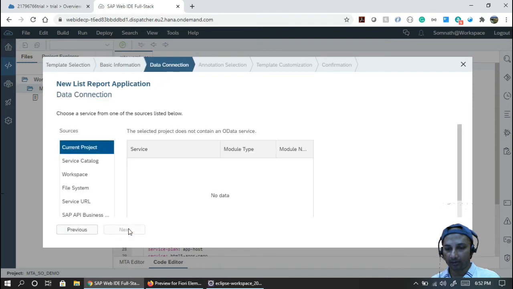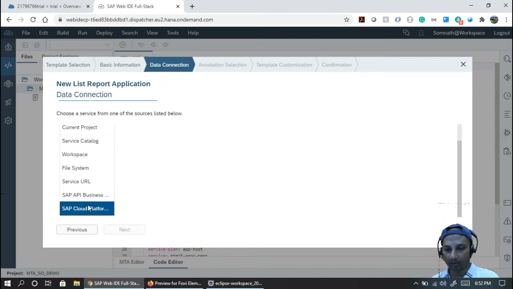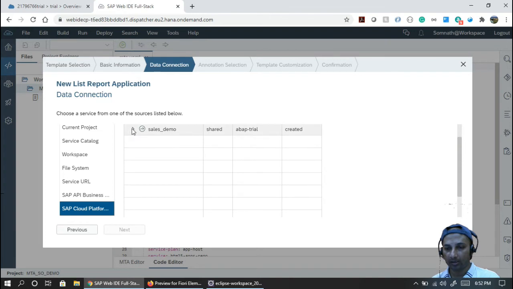Okay, so what I'm expecting now, go to this cloud platform. Now this sales demo is available because this is an instance where all the services are currently connected. This is a kind of shared service, right? I told you, ABAP Cloud is a shared service, so many developers are doing the same thing. All their services will be connected under this sales demo, because this is kind of an alias I've just created. Okay, so let's drop it down.